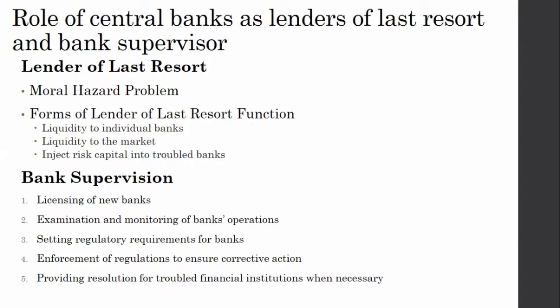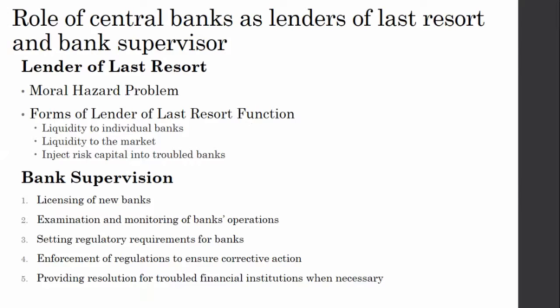So the last function is the role of the central bank as the lender of last resort and the bank supervisor. For the lender of last resort function, I'm not going to explain much more because we already explained what is meant by the lender of last resort, right? That is the last option that the commercial bank has in a collapse or in a bank run,